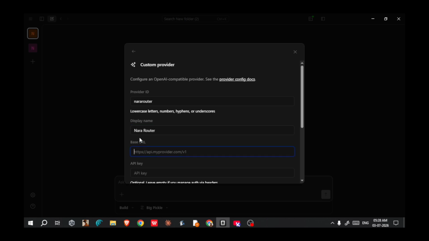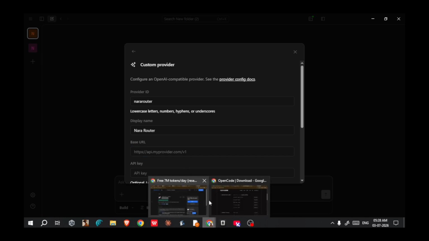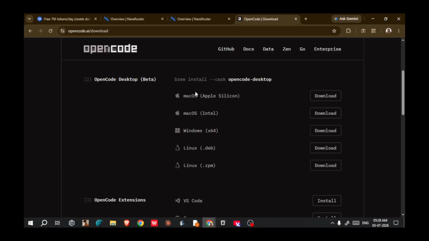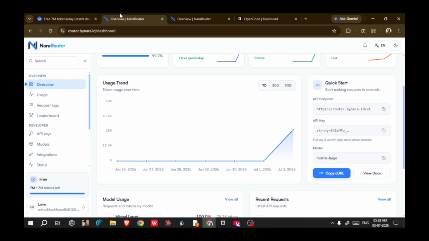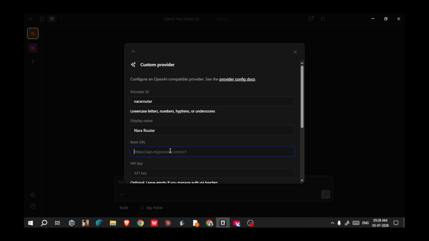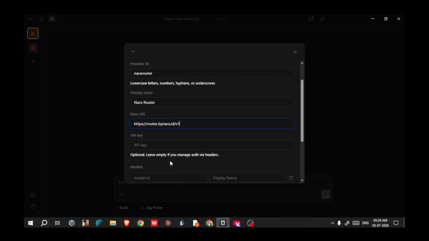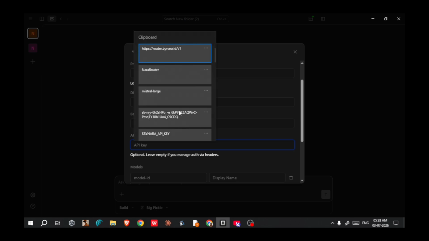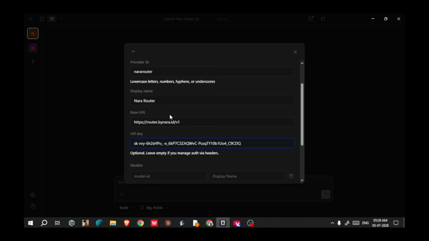Base URL. This is the place where we will be putting the endpoint of our API. Go back to the website. Here. Copy it. Go back to the application, paste it. Okay, now paste the API key. This is the API key, paste it.